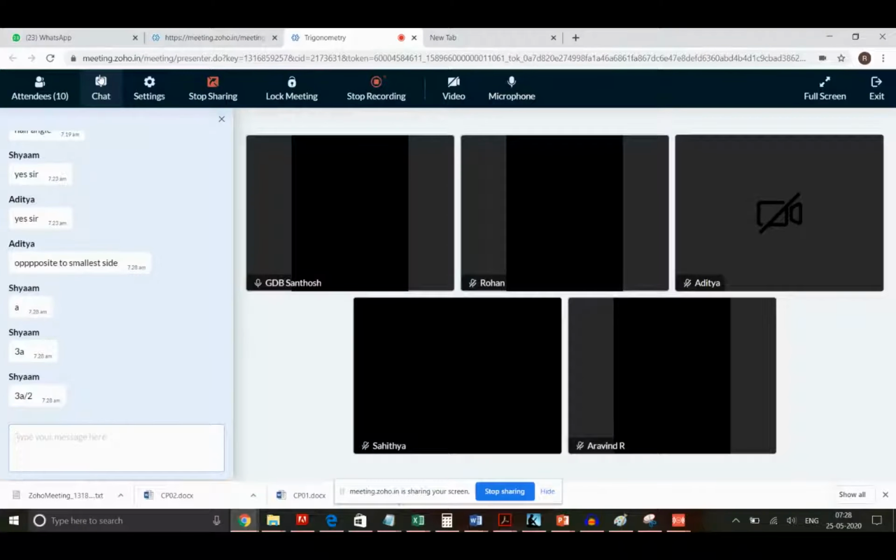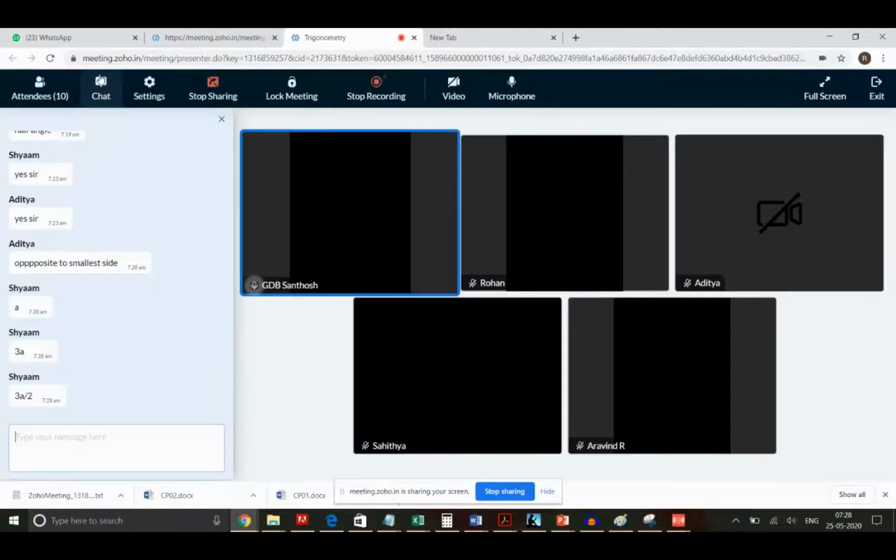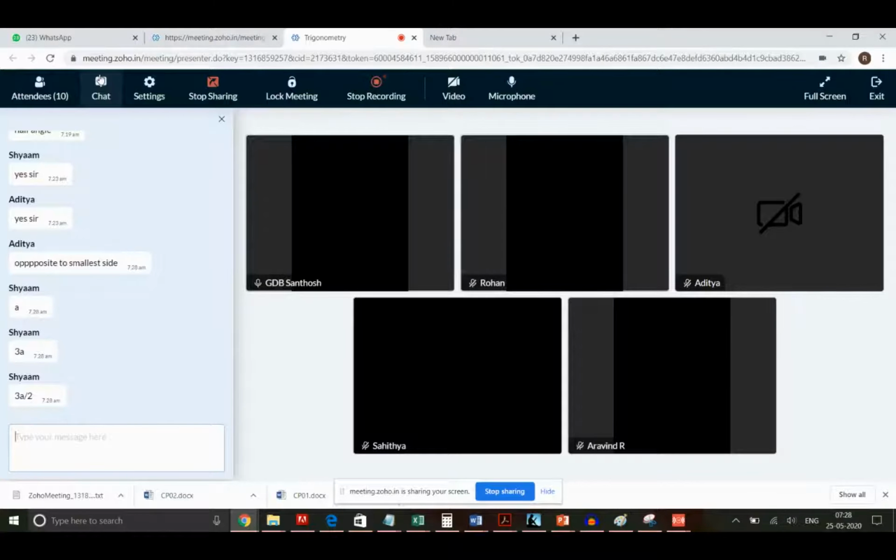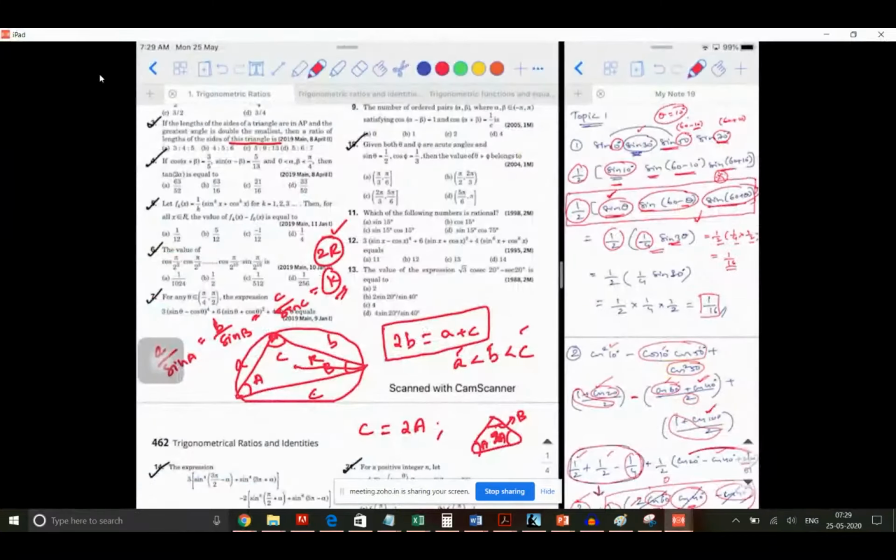Oh, you are writing in terms of A. Okay. Yeah, what you told is right. No, it is not going to be 3A because this is A, this is 2A. Then if I take B, then what is B? Now you can get it. So it is pi minus 3A, yes. So then B will be equal to pi minus 3A.